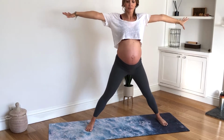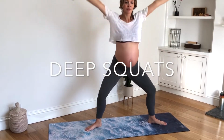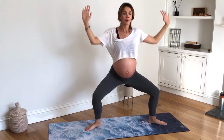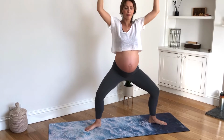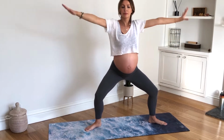So from here, we're just going to come into a deep sumo squat. So just turning the feet out now, making sure they're wider than the hips, getting nice and low. Have a sense of pushing through the heels and the backs of the legs so that the glutes can have a gentle activation. So just letting that pelvis lead the way,